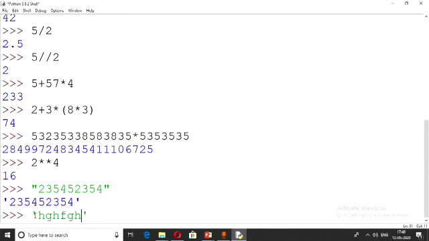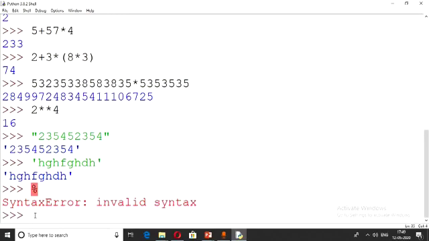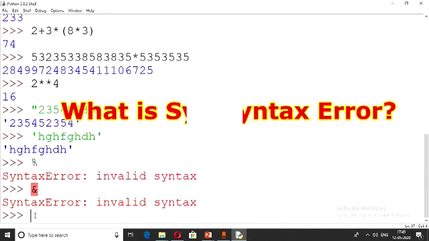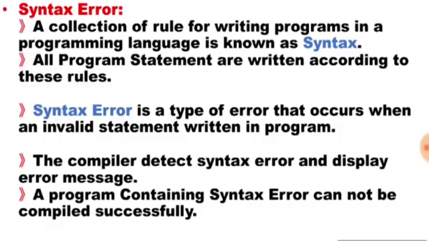Let us try some symbols now. Let us say percentage sign. Oh, it is giving us an error. Syntax error. So now let me tell you what is syntax and syntax error. A collection of rules for writing programs in a programming language is known as syntax.